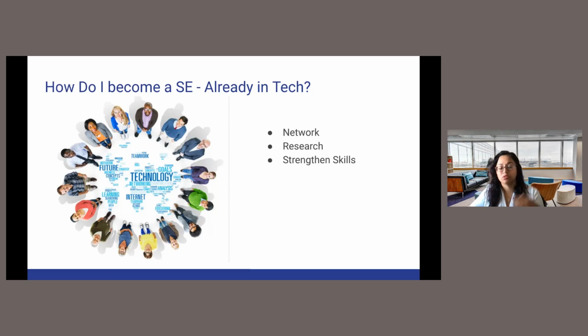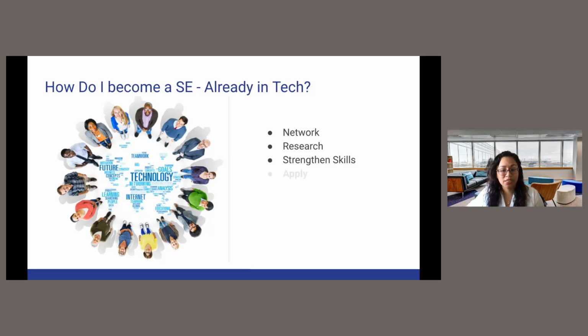Relationship building skills. Continue doing that. If you feel like you're a bit of an introvert, then start going to some networking activities. Make it a point to talk to one new person a day. It could be just a quick introduction of, hello, how are you? I work in this area. What do you do in your area? And take 15 minutes to get to know that person. That is a relationship building exercise that as a sales engineer is going to take you very far.